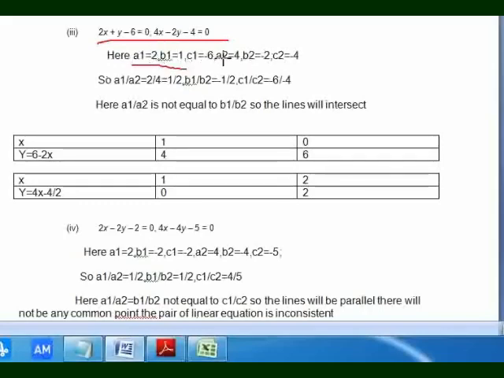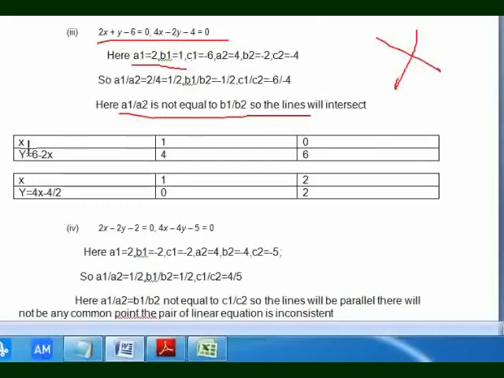a1 is 2, a2 is equal to 4, so a1 by a2 is equal to half, and b1 is equal to 1, b2 is equal to minus 2, so b1 by b2 is equal to minus 1 by 2, and c1 by c2 is equal to minus 6 by minus 4. So here a1 by a2 is not equal to b1 by b2. It means that the lines will intersect at a particular point. So the pair of linear equations is consistent, so we have to make a graph for this pair of linear